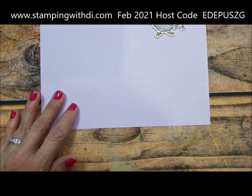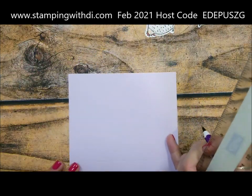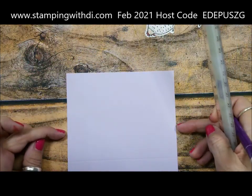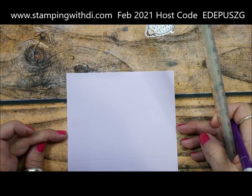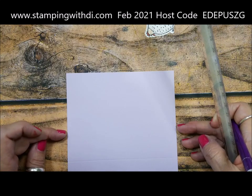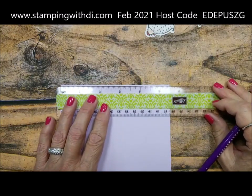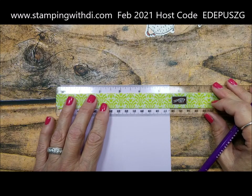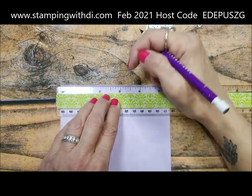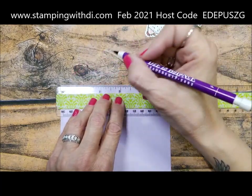It's really small because I'm going to erase it. Then we're going to turn the cardstock. So we have our two 5 3/4, 5 3/4. Now you can do it on your Simply Score, but I ended up just doing it this way because I had, let's see, 2 3/4. Okay, so now we want to go 2 3/4 because, when I was scoring on